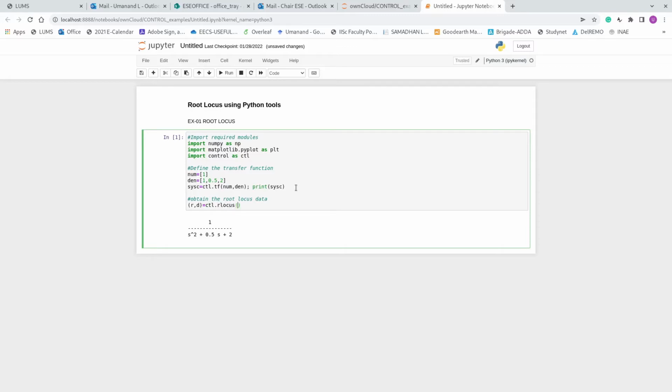So what do you pass as parameters? You will pass as parameters the system, and you can also ask it to plot simultaneously. So say plot equals true.